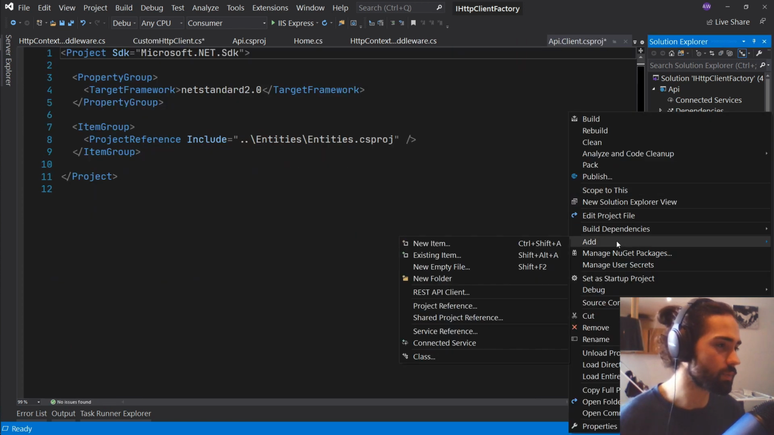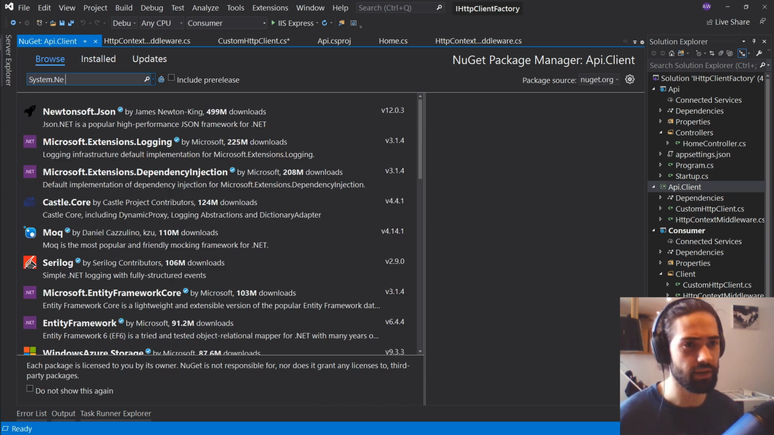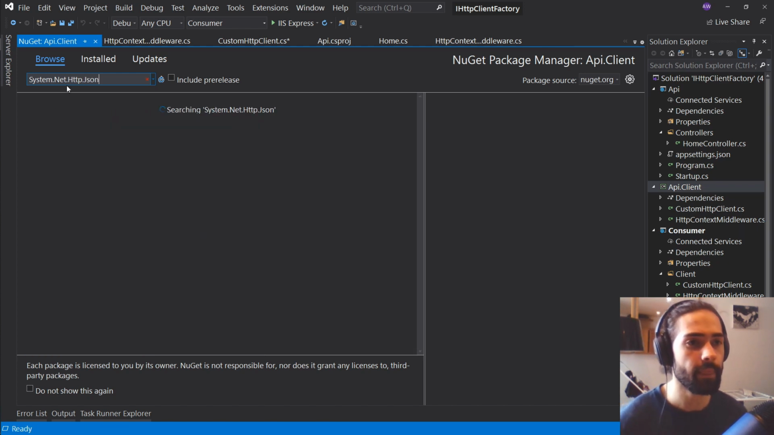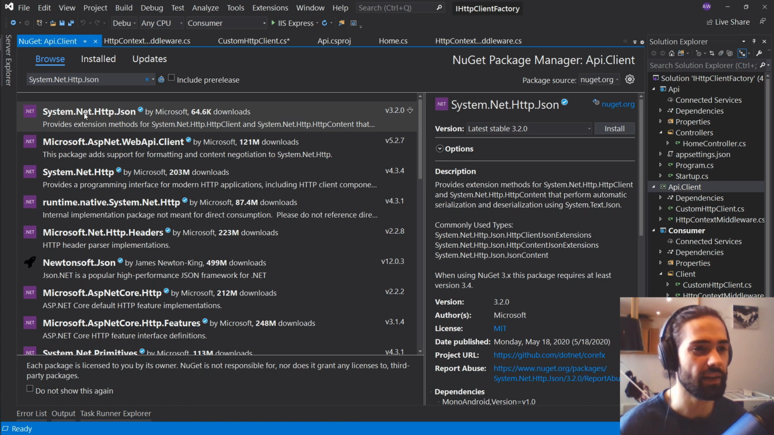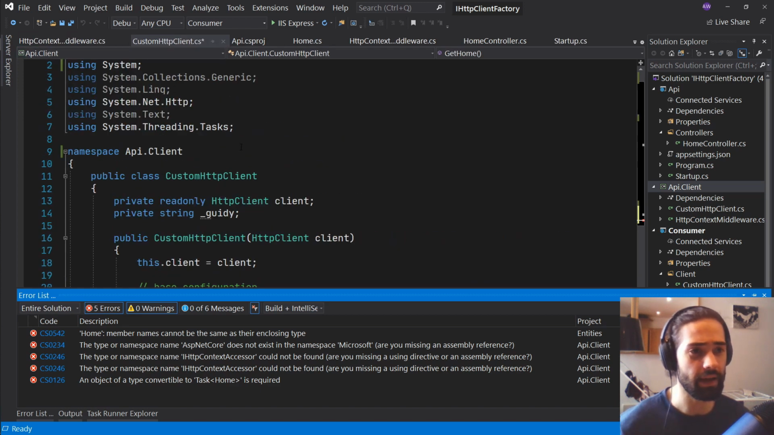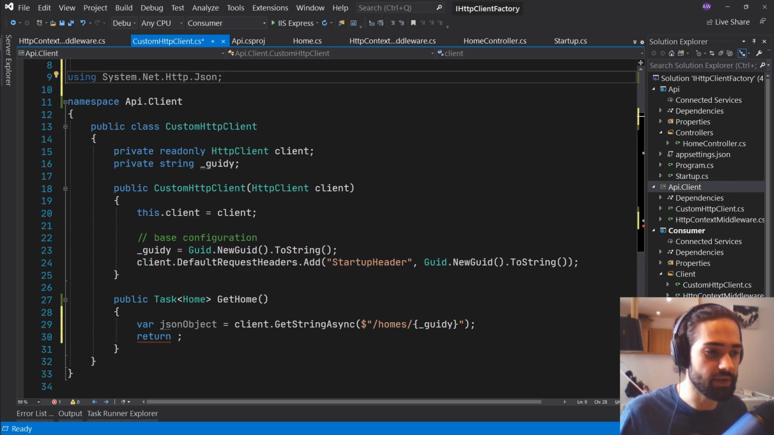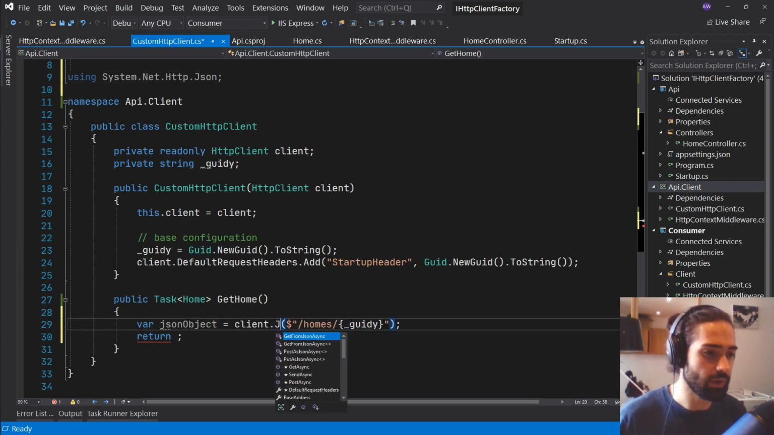So what we're going to do is go to manage NuGet packages, and what I want you to search for is System.Net.Http.Json. I think that's the primary thing. So this package, System.Net.Http.Json, go ahead and install this. We can then add the namespace here, so using System.Net.Http.Json. And what this will allow us to do is, instead of get string async, we can use